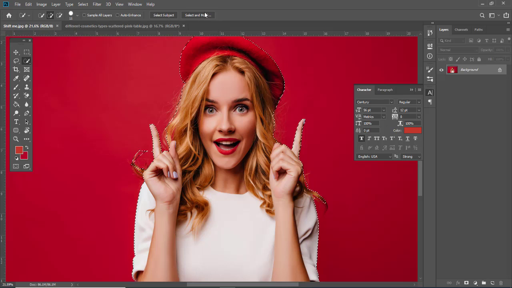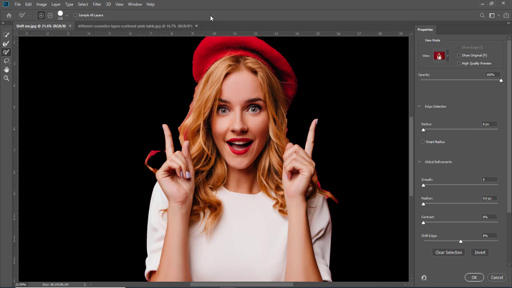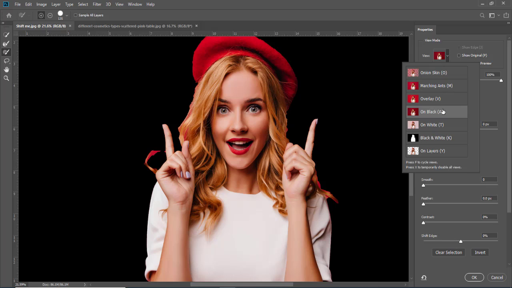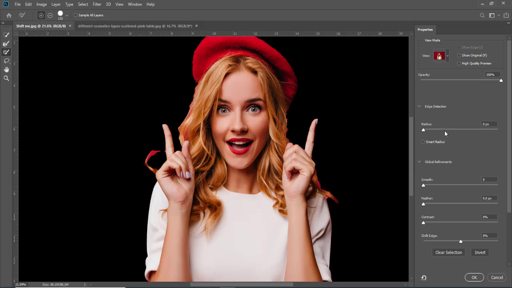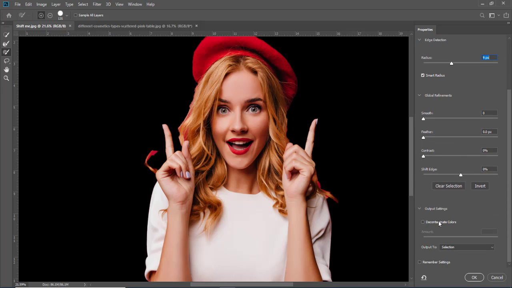Then the mask option is here, so go for mask. Here you go on black, go on 9%, go for smart radius, hold the brush, make it 135, and we will try it here. Let's see if it works.